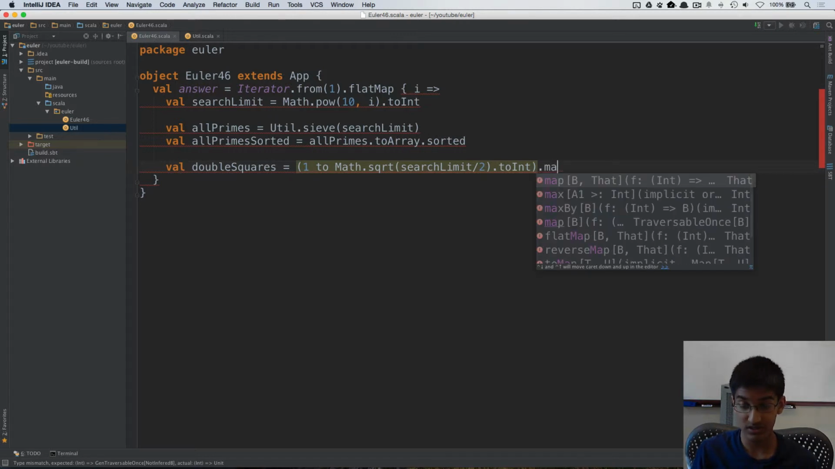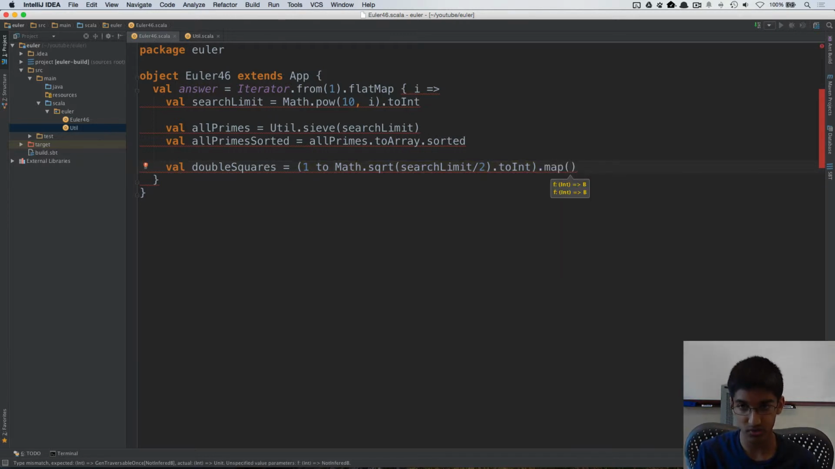Now, given one of these values, we want to get a double square, so I'm going to take the number and do 2 times the number times the number. And this will give us a double square. So here we have an index sequence of int for our double squares, and I'm actually going to convert this to a set